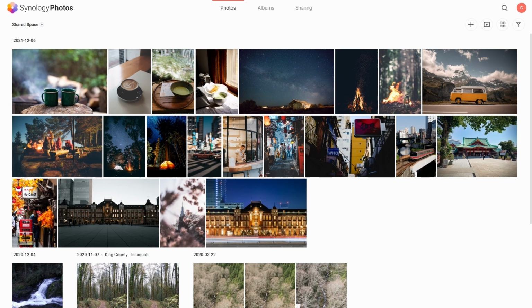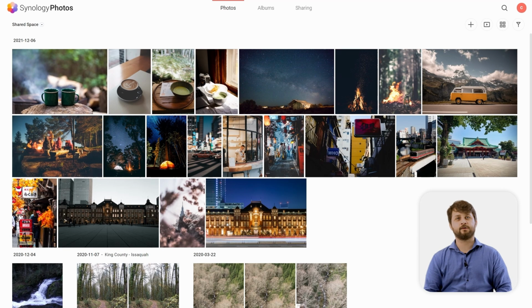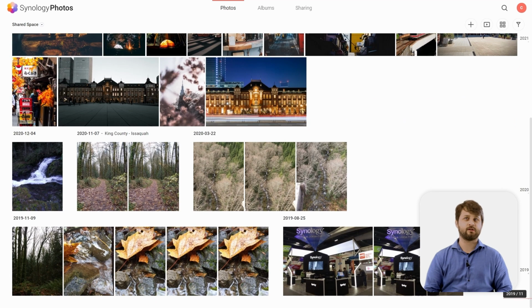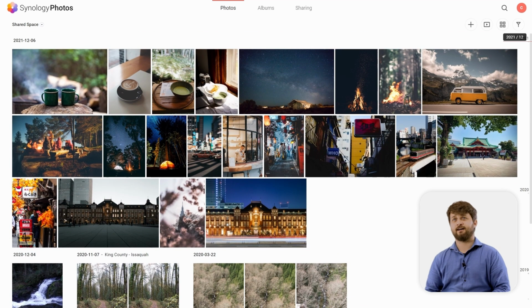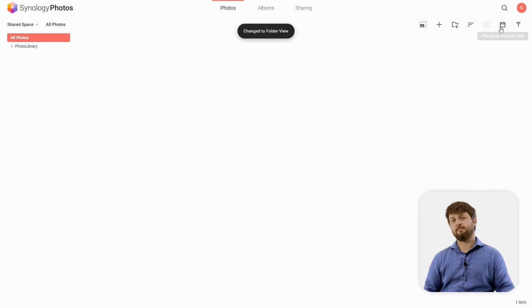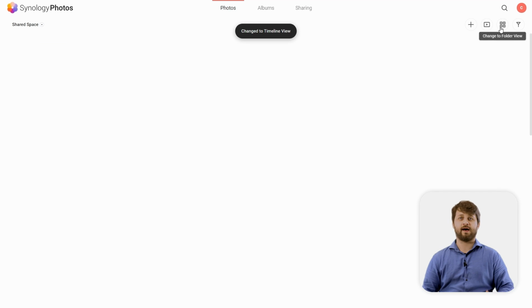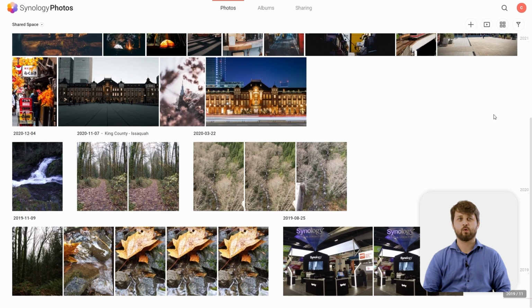Now, as we finish up this photo upload, we're going to see a bunch of photos in our shared space in this kind of group main album that you see right here. So we're going to clear our tasks, and now we have a bunch of different photos from different dates in time. So we have, again, that option to either do a folder view, which is more of just the basic folder structure view, or the timeline view. So now that we've added photos from many years in the past, we can scroll back and forth in the timeline view to see them accordingly, from photos back from 2019 or 2020 in this example.